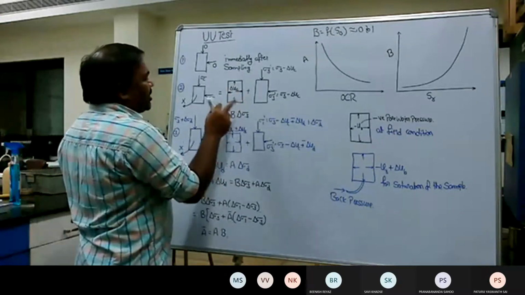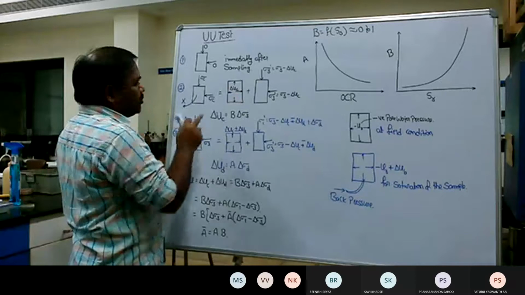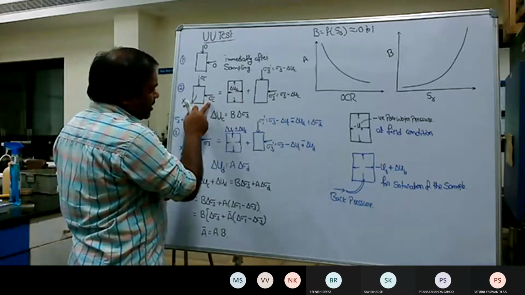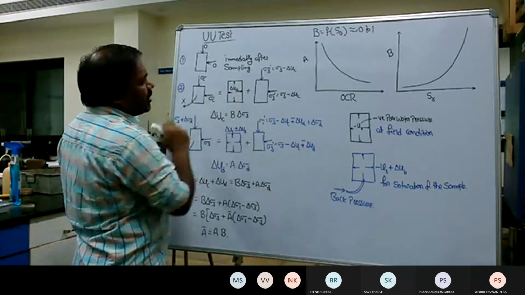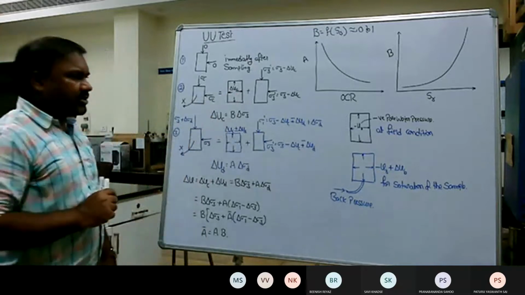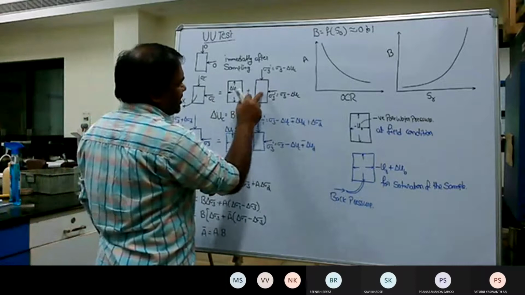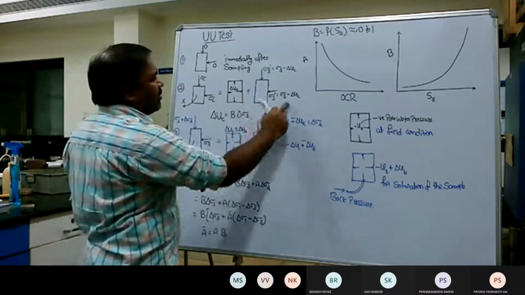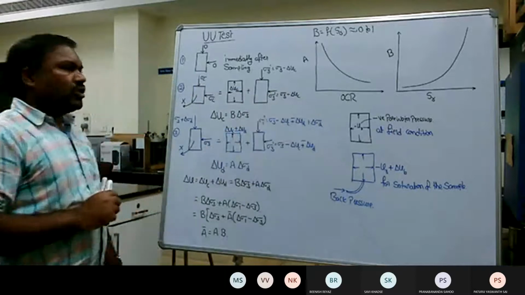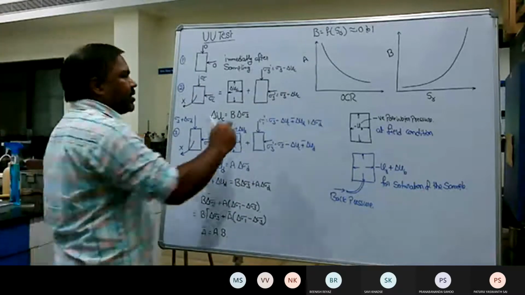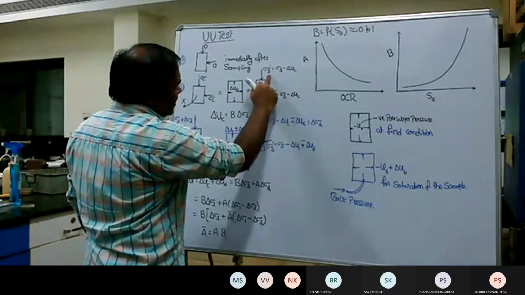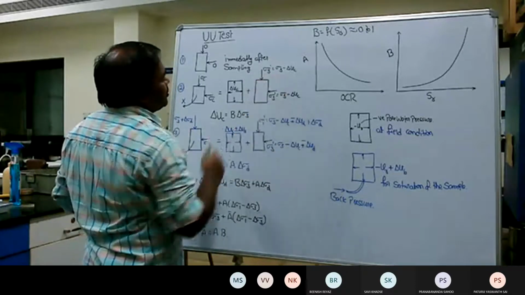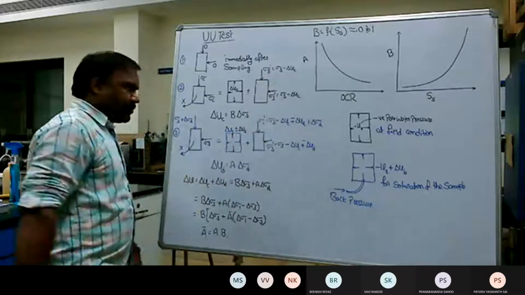Now, if you write the stresses in the form of total and effective, initially this is a total stress condition. When you have applied the confining pressure, there is a development of the cell pressure, so development of the pore water pressure. Then if you write the stresses in the form of effective stress, sigma 3 dash is equal to sigma 3 minus the pore water pressure, total minus the pore water pressure. Similarly in the axial direction also, it is equal to the lateral direction, sigma 3 dash is equal to sigma 3 minus delta UC.